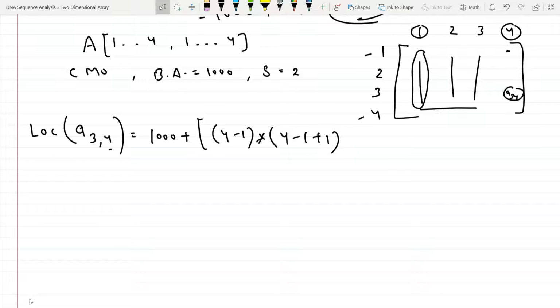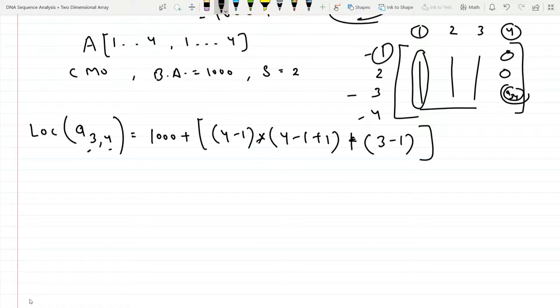Now we are at this location. We are supposed to move to the third location, which is given. So how will we go there? For the third location, it is 3 minus 1, two elements, this one and this one. So these many elements we just crossed. Now calculate it: 4 minus 1 is 3, 3 into 4 is 12, plus 2 is 14. So it is 4, 4, 4 and 2 elements, which is 14.